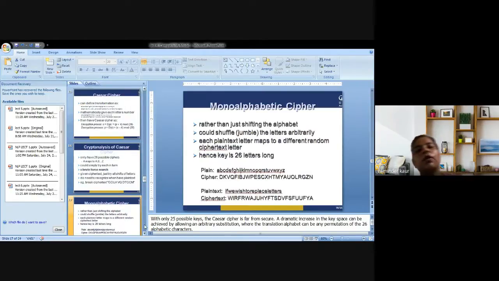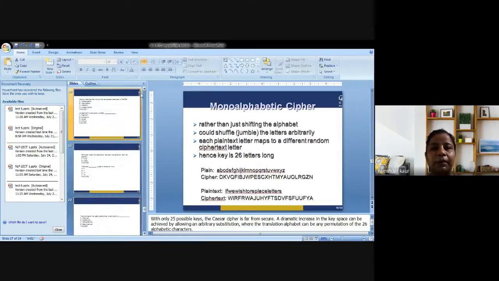So this was all about Caesar cipher and mono-alphabetic cipher. In addition, we have discussed hashing, symmetric cipher techniques, asymmetric cipher techniques, various examples, and key management. So this was all about the same. If you have any query, you can ask me any question. I'm giving you a time of 1 minute.